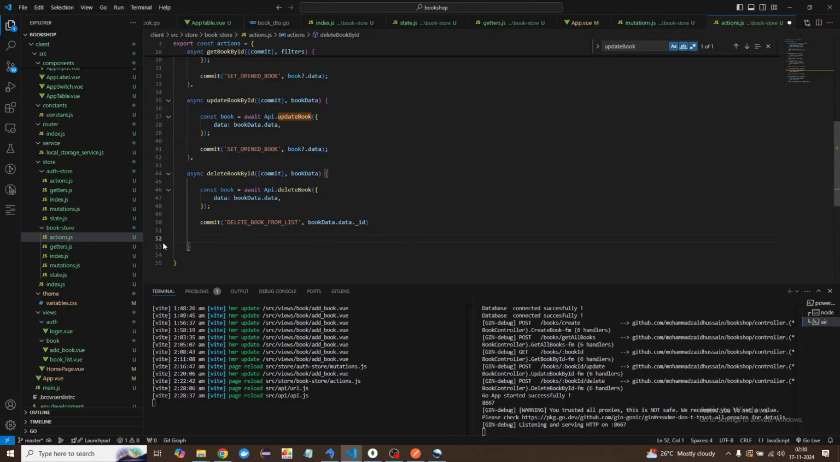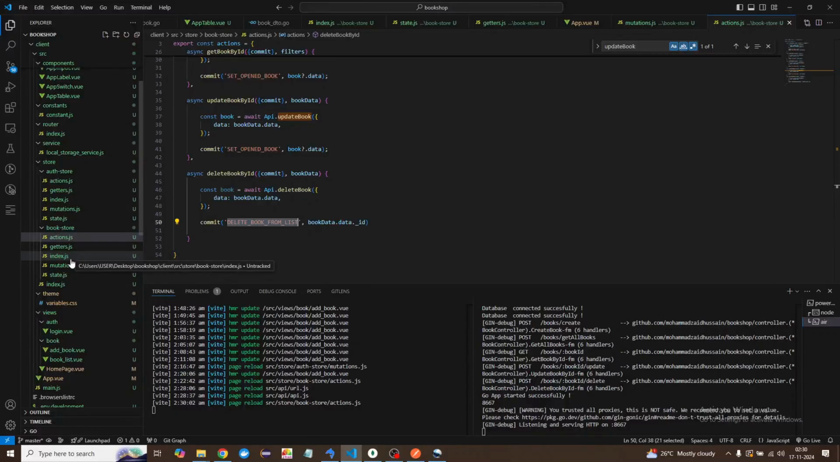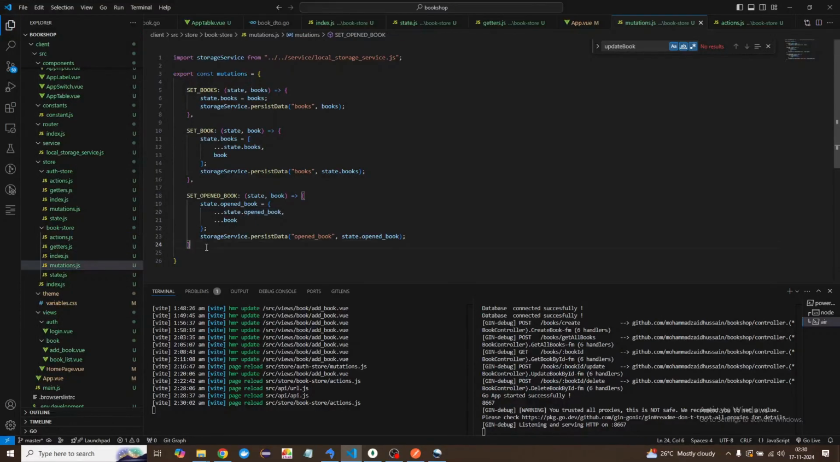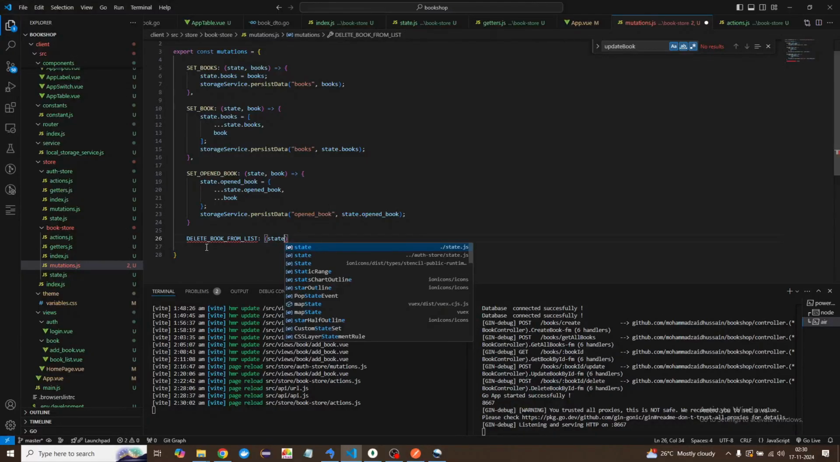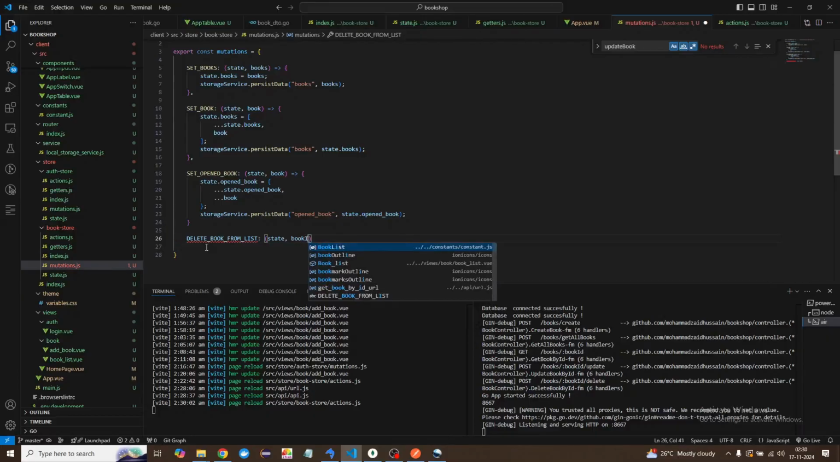Now we need to make a mutation so that we should be able to mutate this state variable, and then that specific item gets deleted from the UI as well, right? Because the data is reactive. As soon as we mutate this state data, those actions, those getters will get triggered, and then the UI will get refreshed, right? So I'll go back in mutation and I'll say okay, just define this method, and what this method will do, it will have a state and then the book ID we are passing from there,